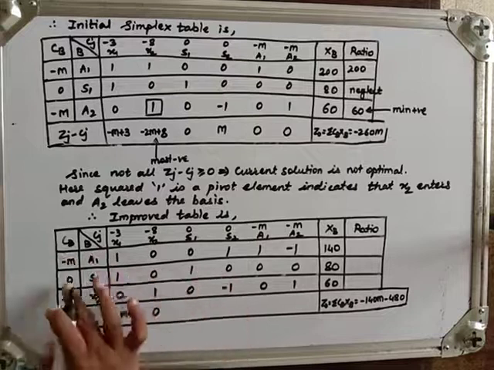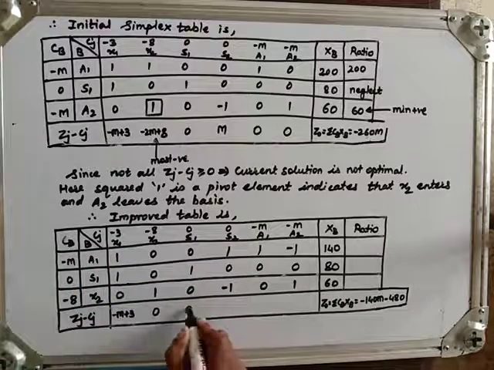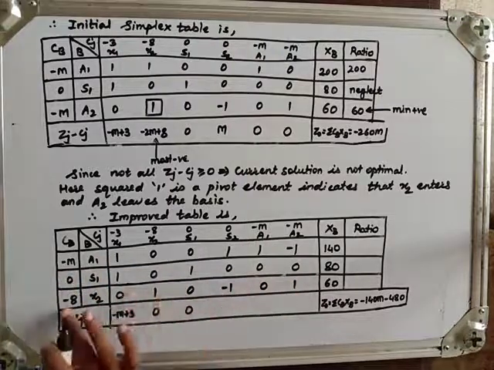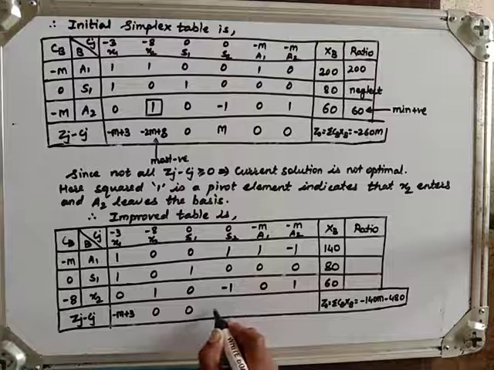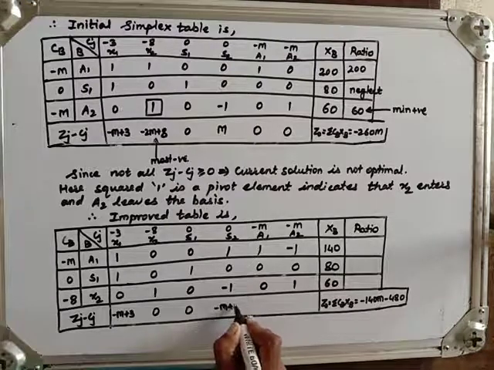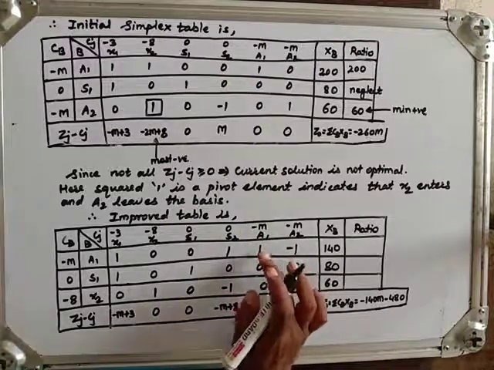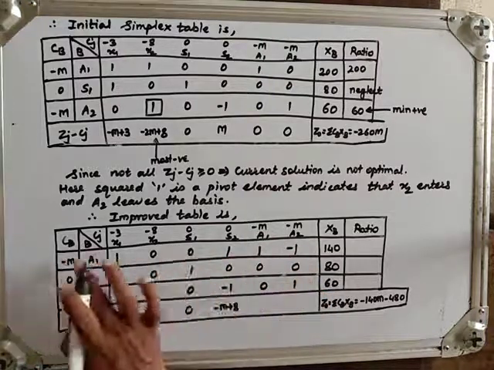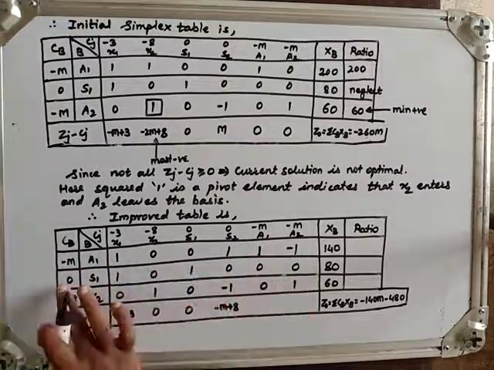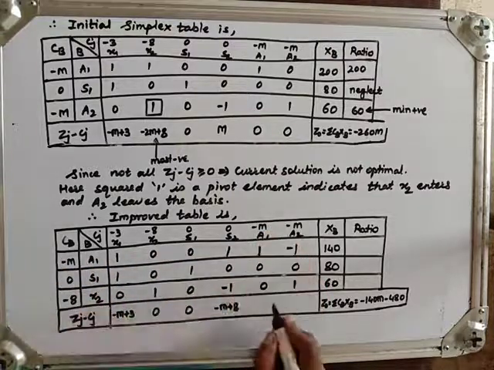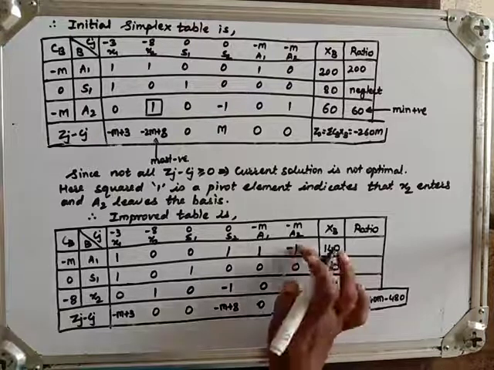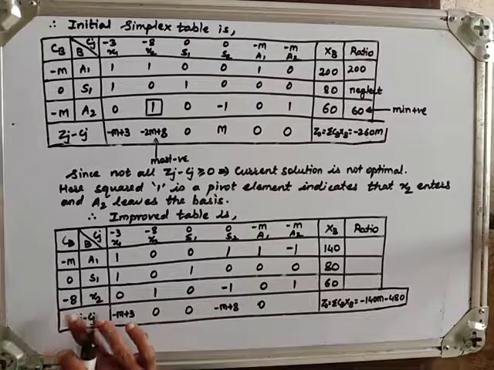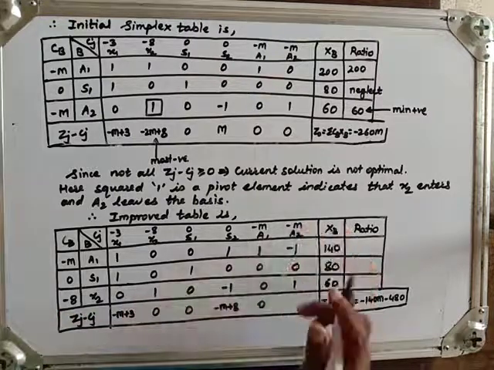Now 0, 0, 0, minus 0. So 0. This is -m. 0. This will become plus 8. So it will be -m plus 8. Minus 0 is there. I haven't counted it. Okay, now this will be minus m, 0, 0, minus minus plus m, so that will become 0.